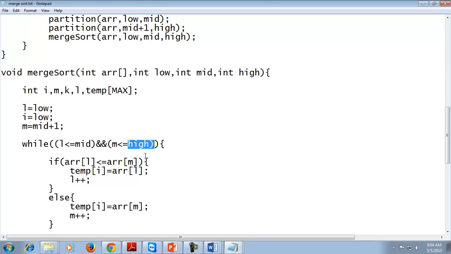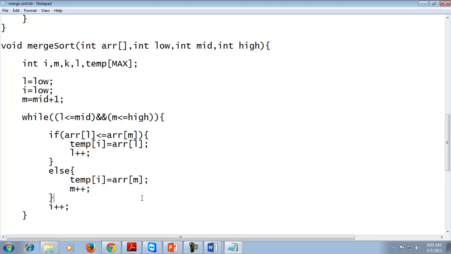We run the loop while the lower index is within mid and the mid index is within high, and we compare: if array of L is less than array of M, then in the temporary array we will put array of L, otherwise array of M. It means the lower value from array of L and array of M will be compared, and the lower of the two values will be sent to the temporary array, that is temp of I.